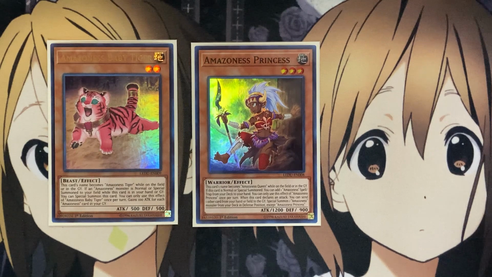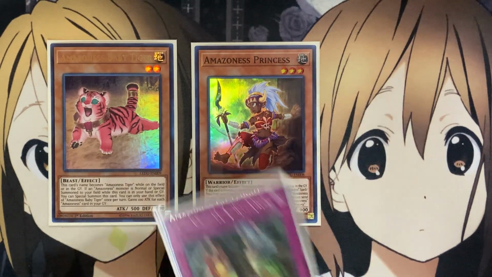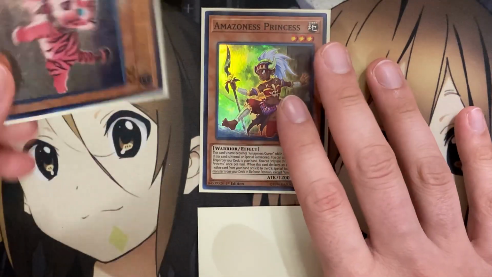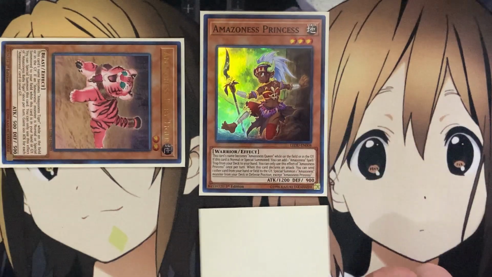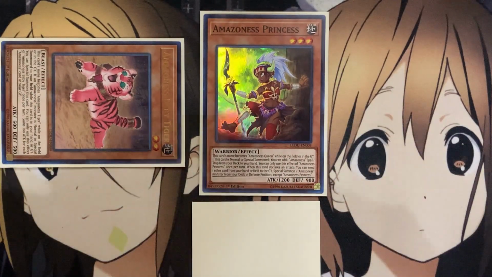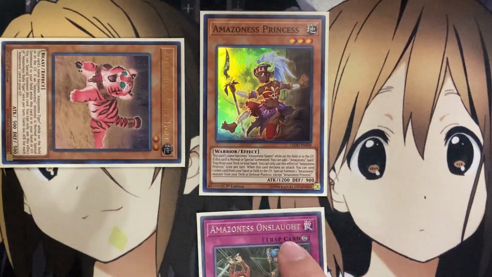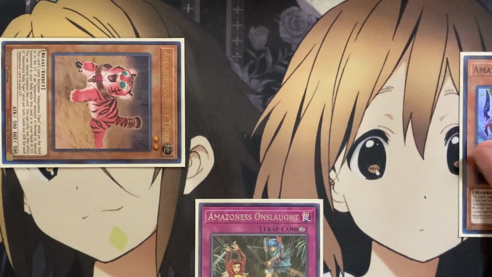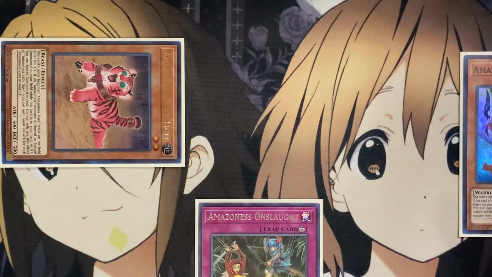If you're going to go for a more defensive play, let's say this is your first turn, you can then search out the Amazoness Onslaught, and then set this card on the field. So having these 2 monsters ready to go, most of the time you want to summon the Baby Tiger in defense mode, setting this on the field as well, and then if your opponent attacks into your cards, you can activate the Amazoness Onslaught, then protecting the fact that your Princess will be destroyed by battle, but still banishing one of your opponent's monsters, and then just having the chance next turn resource, depending on what Amazoness you open up,